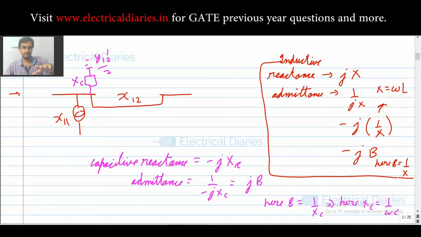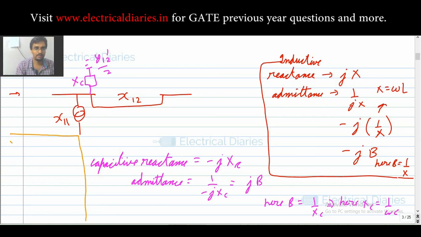So these three things I covered in this video. The basic concept of any Y bus matrix you need to derive. Second, you remember that the number of interconnection lines relates to the number of elements. And the third thing is to avoid the confusion between the capacitive reactance and the inductive reactance. Don't confuse the reciprocal and sign things. I have explained everything very clearly here. So one more thing also you should remember.